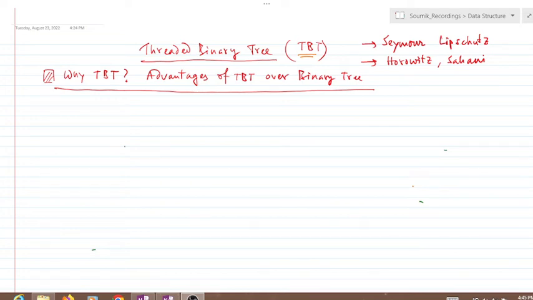Hello, let us see the concept of threaded binary tree, and this concept is taken from two books. One is written by Simon Lipschutz, another one is the Horowitz Sahni book. Now, what is a threaded binary tree, or let us understand what are the problems of binary tree that are overcome